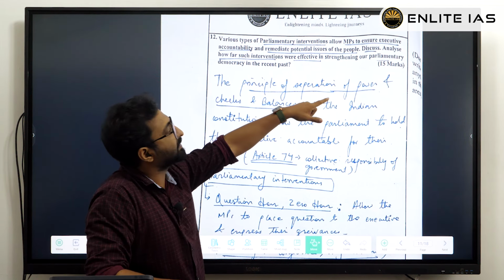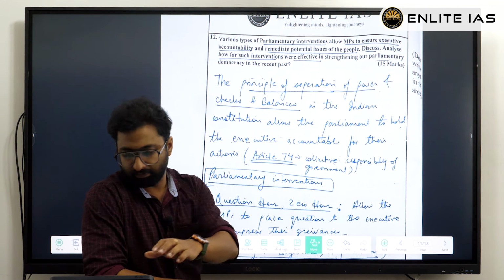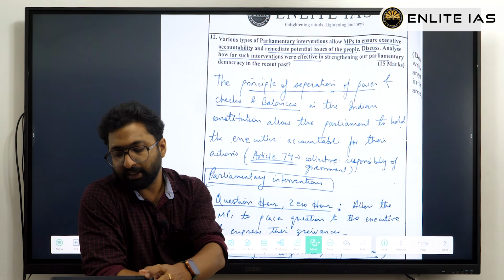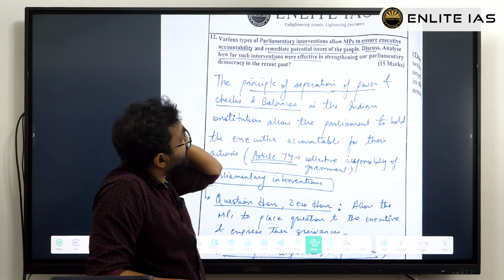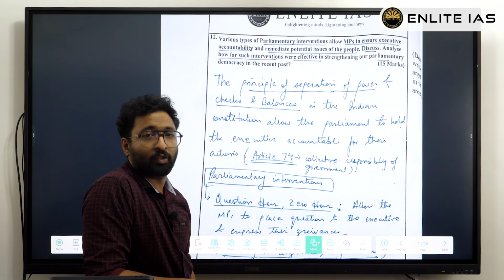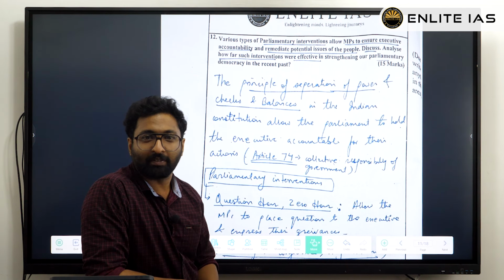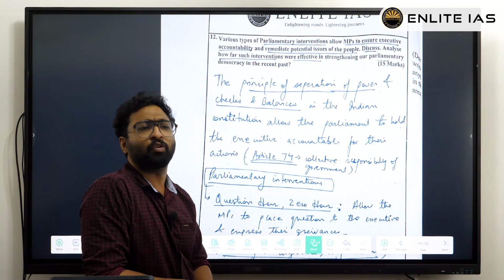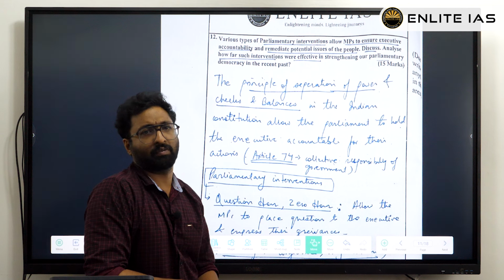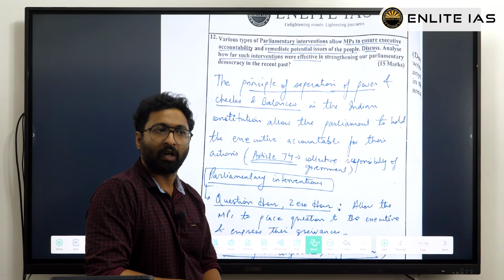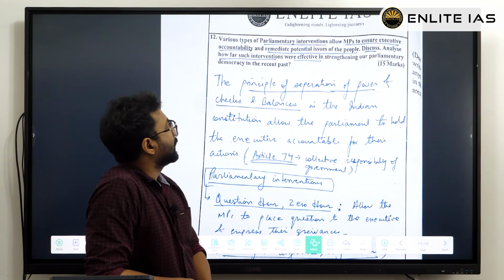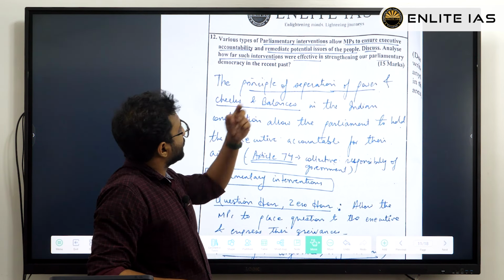See, this is another genre of question that UPSC normally asks. You can see the question feels like it has only 2 parts. Am I right or not? We can feel like it has only 2 parts, but still they have asked for 15 marks. Normally it should be 3 parts and 15 marks, but it does not always work. In the UPSC paper, maybe they have given just a single statement and they are asking for 15 marks. It can happen. At that point of time, we need to think how to fill all 3 pages. I will discuss that in the last.